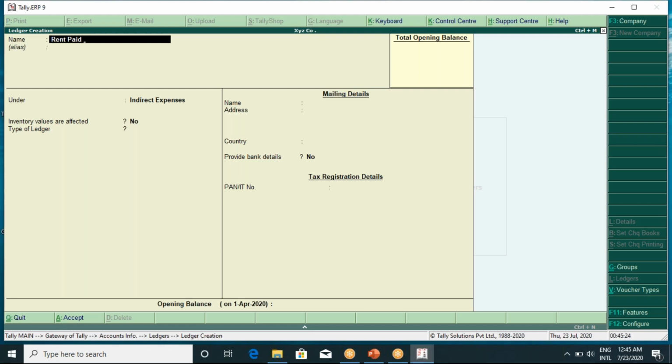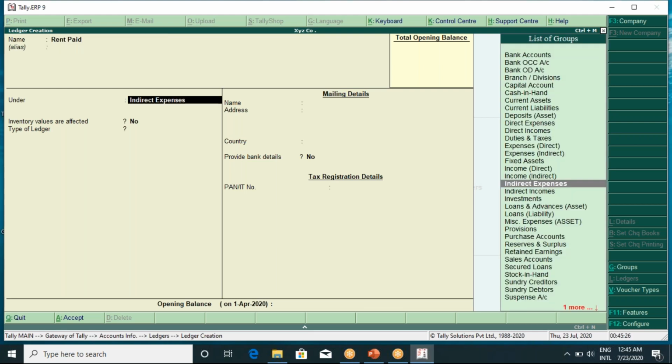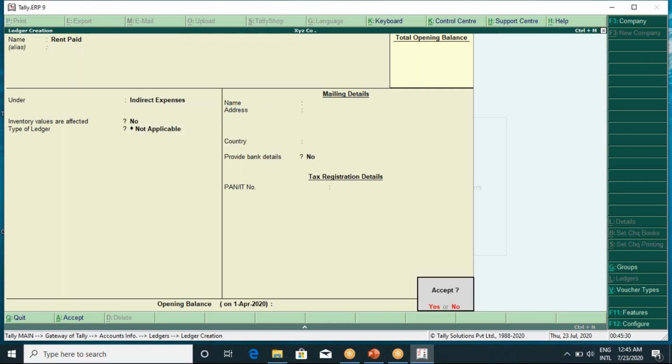Rent paid, we consider it as an office rent, that should be treated as an indirect expense. Okay. Rent paid. Audit fees. Audit fees is also indirect expenses. Audit fees. Next one is